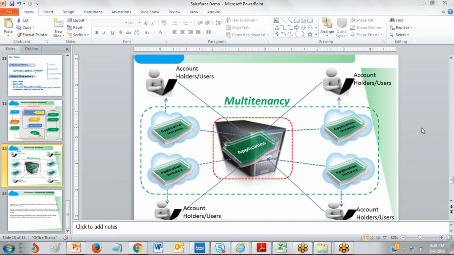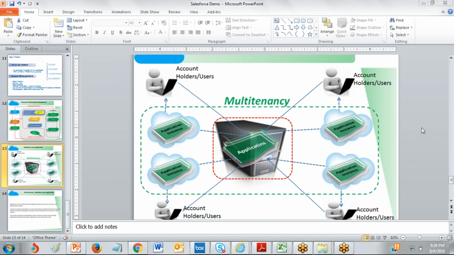We need not buy any licensed copy of the software or any hardware for installing it. You just need one system and internet connectivity. That's it. Because of these reasons, this application became so popular. And technically, it's very easy to customize as per customer requirements, very easily and very quickly, from the technical point of view.